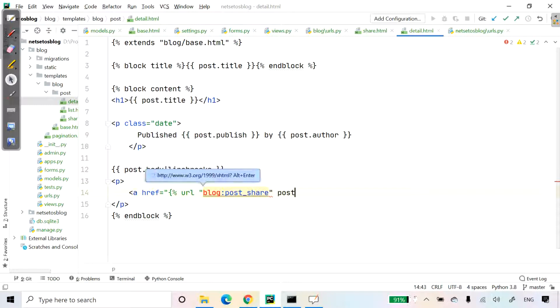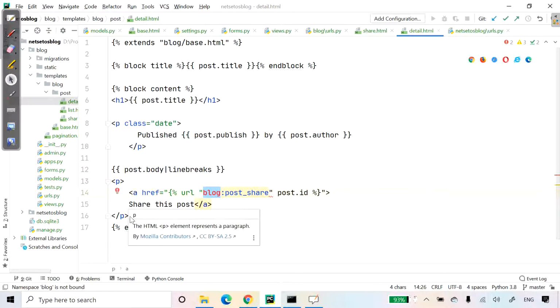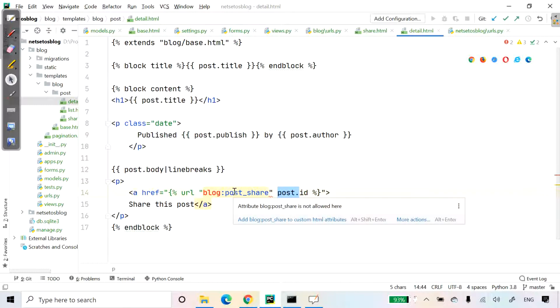Then we will give post.id. Then we will close this, and here I'll write share this post. So here remember that we are building URL dynamically using this URL template tag provided by Django. Here we are also using namespace called blog and the URL named post_share, and we are passing the post ID as a parameter to build the absolute URL.